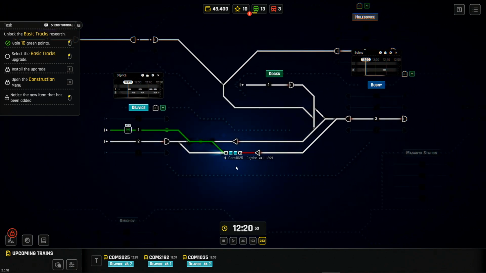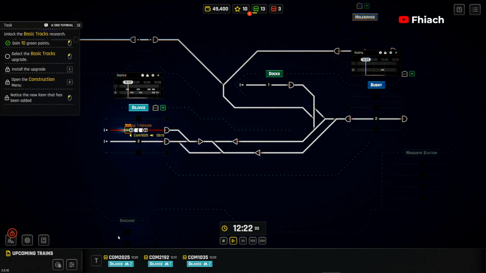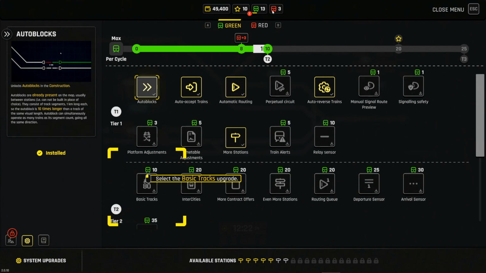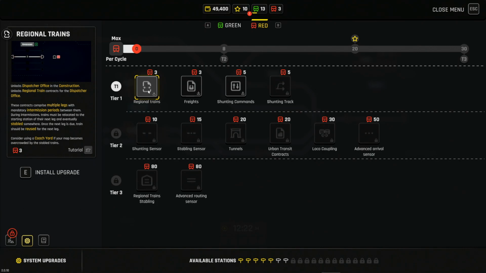It's a cool little game. It's definitely something like, and again, it's going to get very complicated, I think, later on. Because we're only looking at the green here, but then you have regional trains and freight trains and shunting and